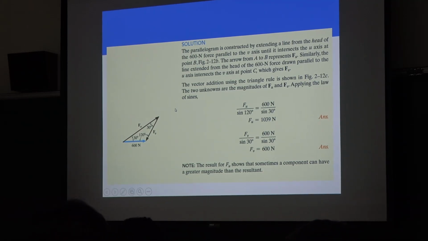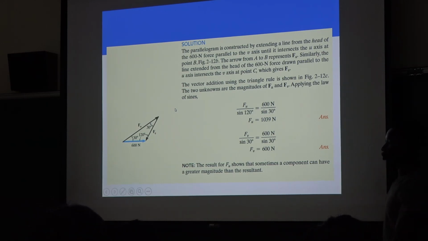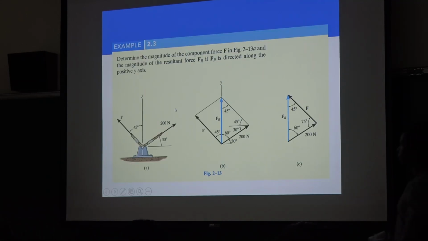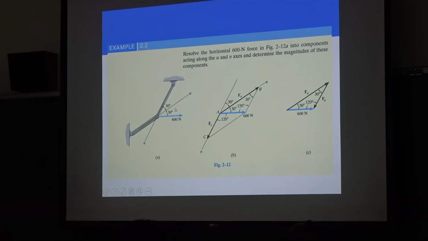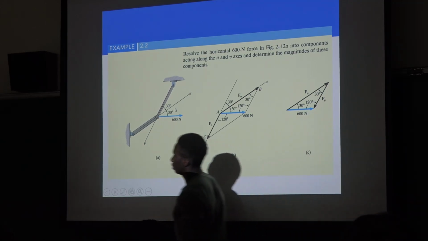Because we already know the resultant force, we don't need to use the cosine rule to find the resultant force. So what do we need to do? We just use the sine rule to find the magnitude of the component forces, right? So here we know that Fu over sine 120